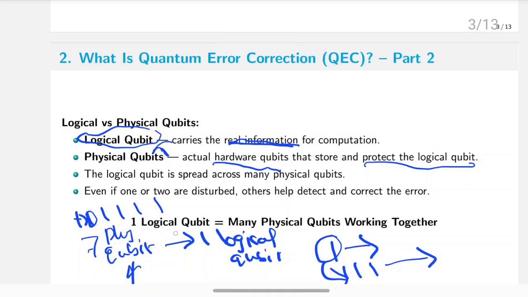So that is the main reason one logical qubit is equal to many physical qubits working together. These many physical qubits working together, we call them bodyguards for a VIP. Okay,